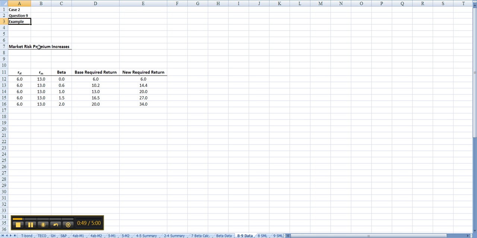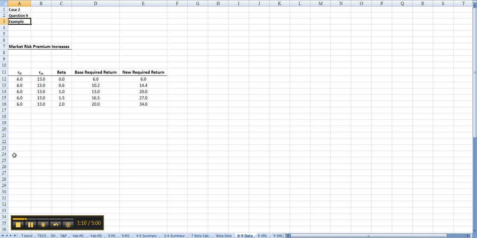if inflation increases. Show me the number, calculate it with the CAPM. Show me TECO's new required return with inflation increasing. And then the second one is show me TECO's new required rate of return if the market risk premium increases. And the third one is show me TECO's new required rate of return if its beta was 1 instead